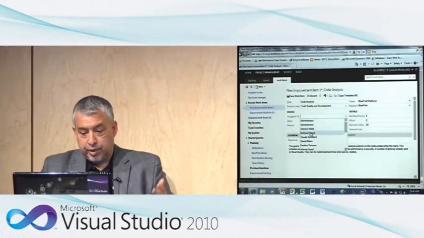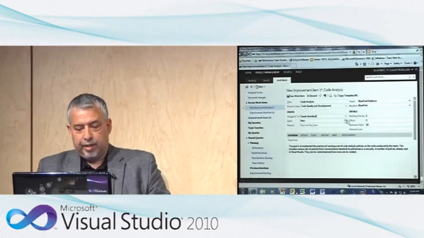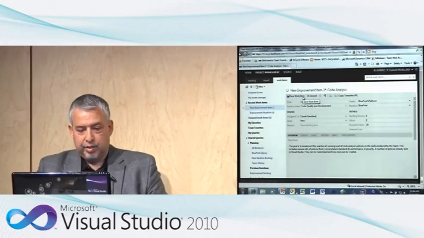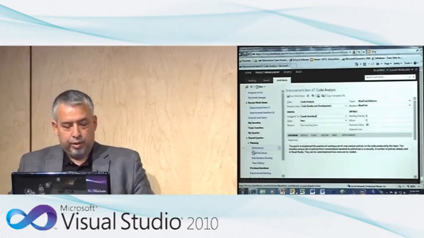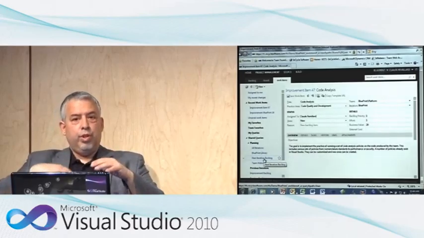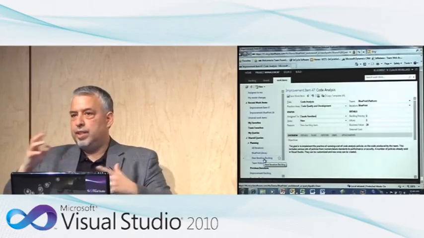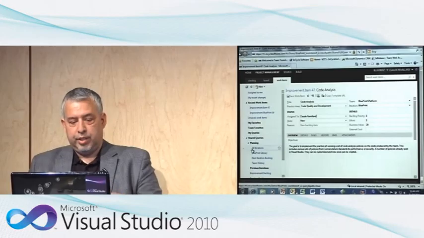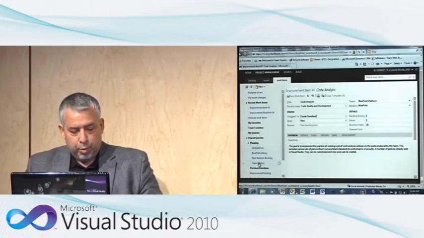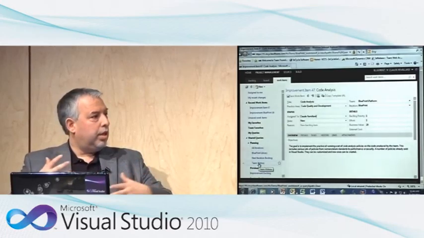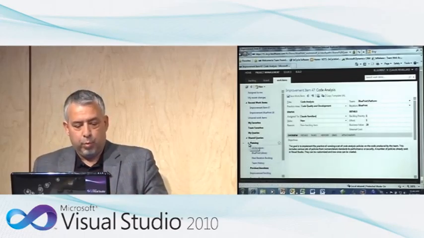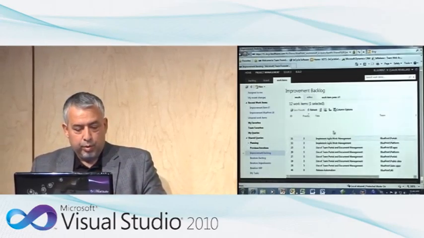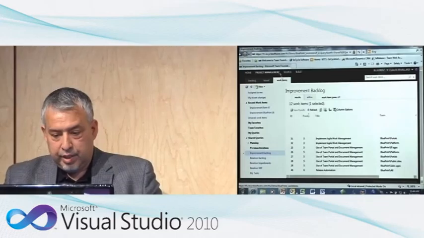And then basically I'll just assign it to my sponsor, which would be myself, and then just save the work item. So that's basically how we use the blueprint. You can create your own, as I mentioned, and update them, change them. So once they're out of the blueprint, and again, we have additional queries that are meant to help work with it, then you actually go into your improvement backlog, where you'll see